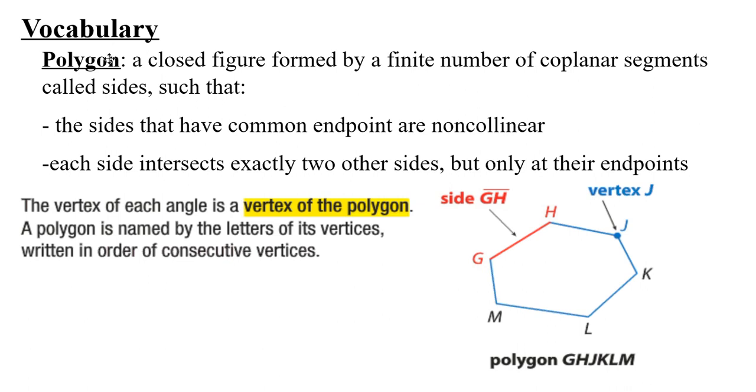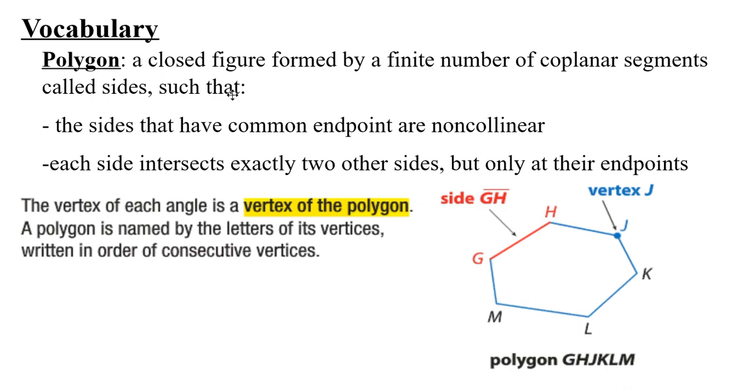So our first vocabulary word is polygon. It comes from the root words poly, meaning many, and gon, the root word for angle, so it's figures that have many angles, and because it has many angles, it's going to have many sides. So that's where the root word comes from. A closed figure formed by a finite, meaning countable, so it can't have an infinite number of sides. So a closed figure formed by a countable number of coplanar, just meaning they're all in the same plane, segments